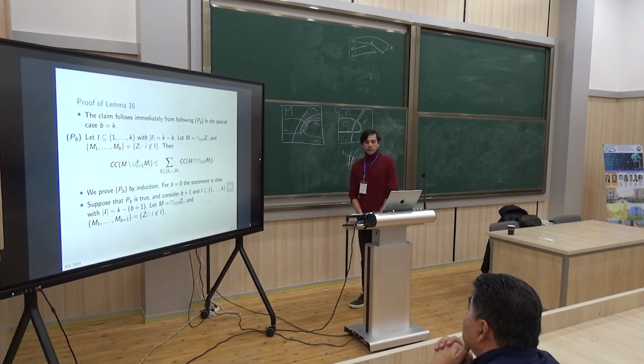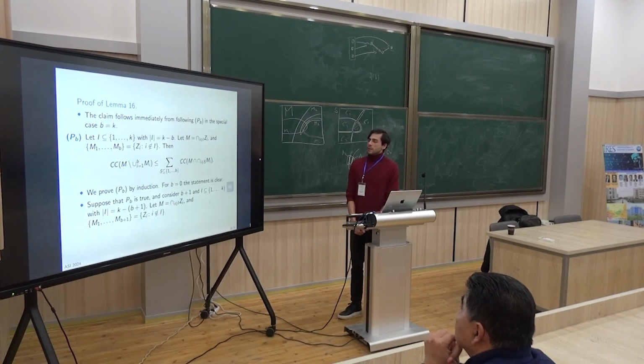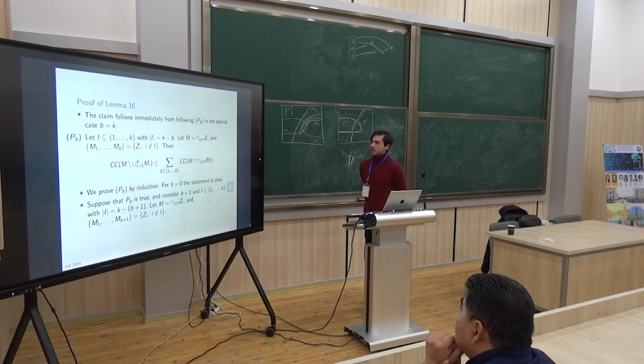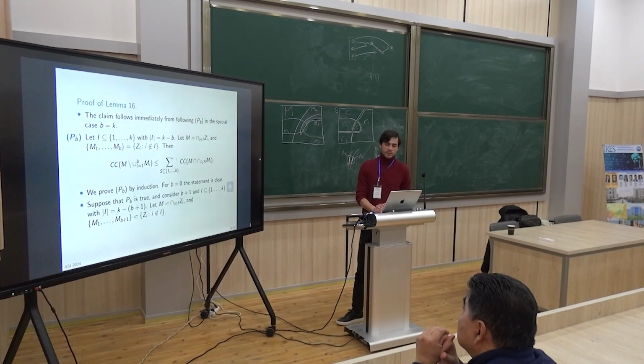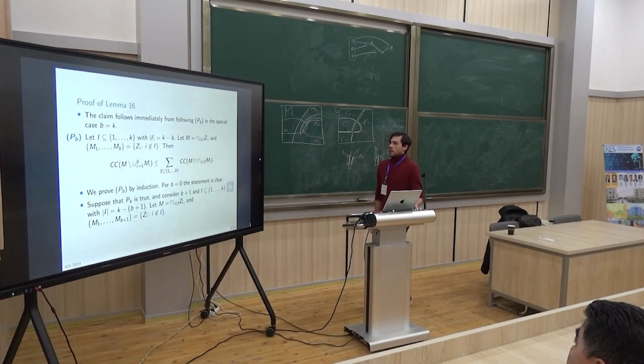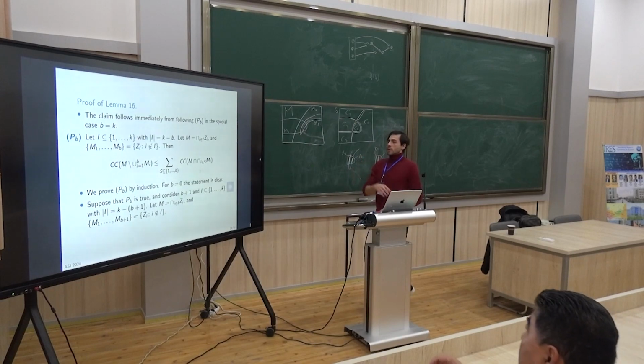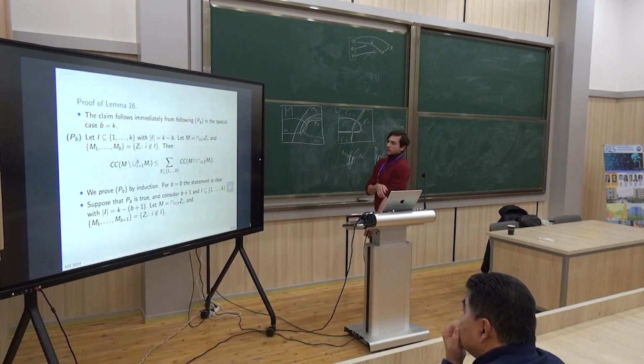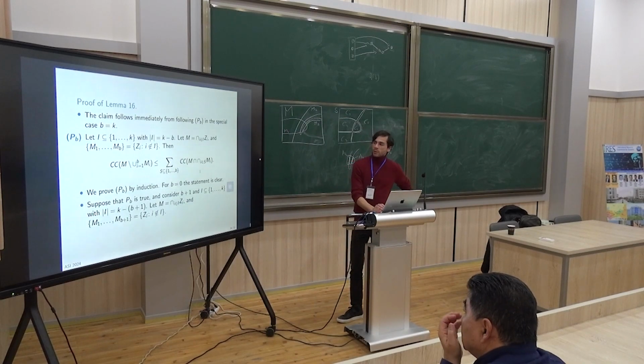So this is the second lemma, and the second lemma says that the claim of the theorem will follow as a special case of the statement. The statement is saying that the number of connected components of this object is bounded above by some intersections of this sort, and the special case that we will need at the end is just that B is equal to K. So when we substitute here for little b, the case equals to K, this is the result of the theorem that we have. And one can do an induction just using the decomposition that we had in the previous slide. So the decomposition in the previous slide, we can verify that it holds,